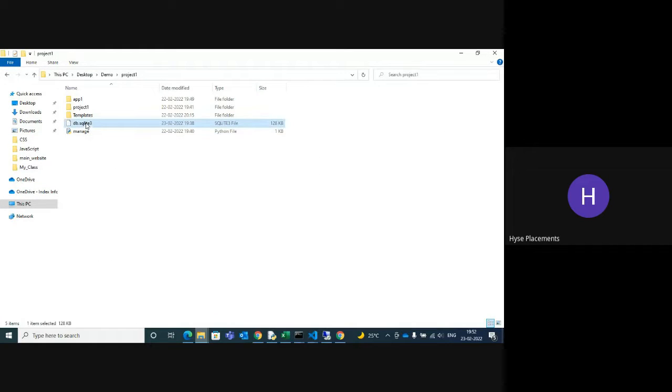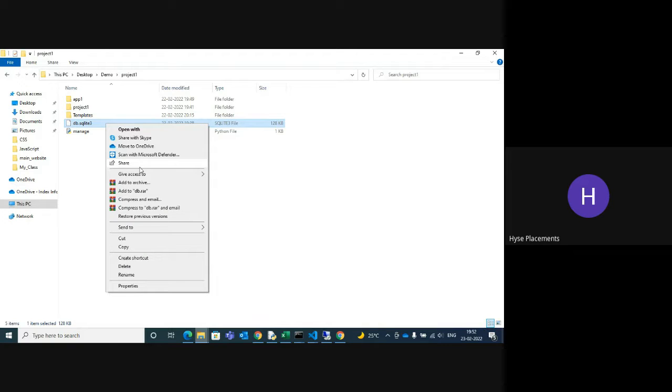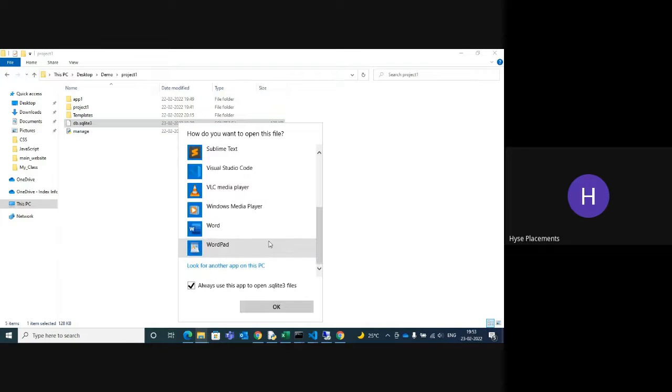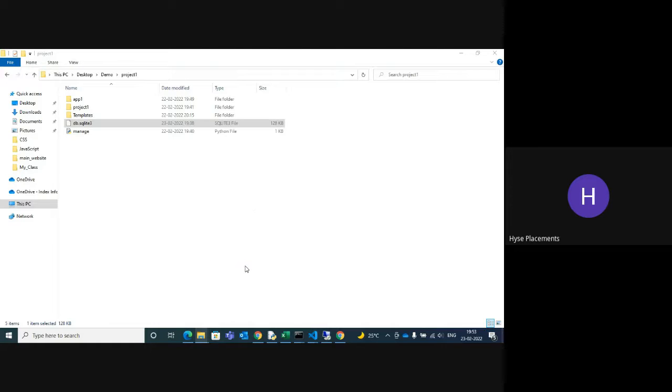You can just select it now and right click. You can see open with. Click on more apps and go again, look for another app on the PC. Just click now.